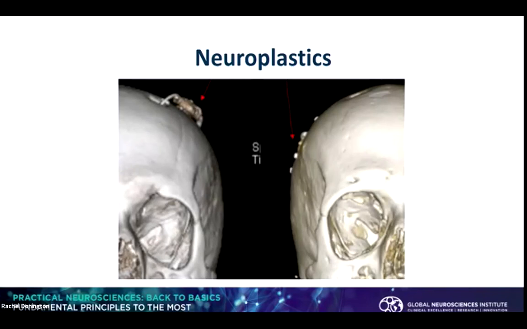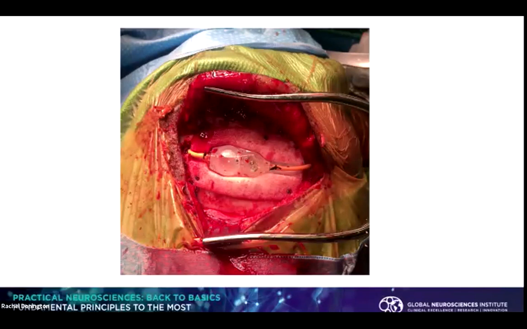It can also become an issue because they break through the skin. The infection rate's much higher. So this is the same thing on the left where it's just sunken in. And it's a really simple concept. This is one of the first patients that we did. And you can see this large valve is just kind of completely sunken in. It really makes a huge difference for patients. I mean, it is a game changer, but it's a simple thing. It never would have happened without a plastic surgeon talking to a neurosurgeon and then taking it to the patients, taking it to the customer, taking it to the consumer, and the consumer is all of us.